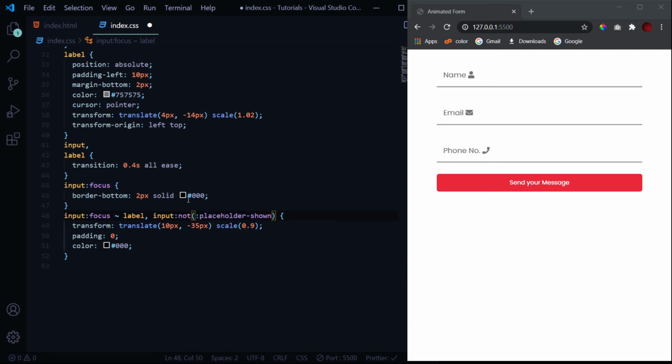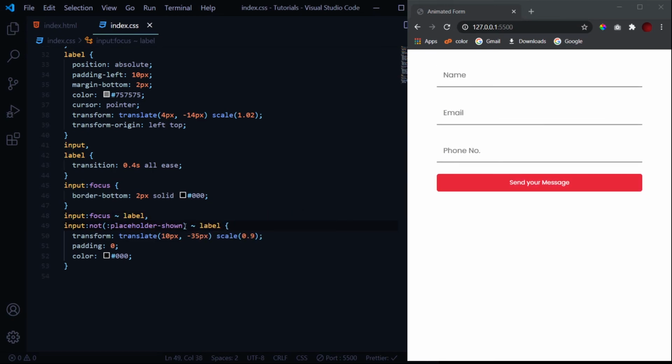This is another kind of selector, which applies whenever the placeholder is not shown, so it is another way of saying that whenever the input is not in focus, so we add it. So when the input is not in focus, then also these properties will be applied. So this is done. When I remove the cursor, it still works.